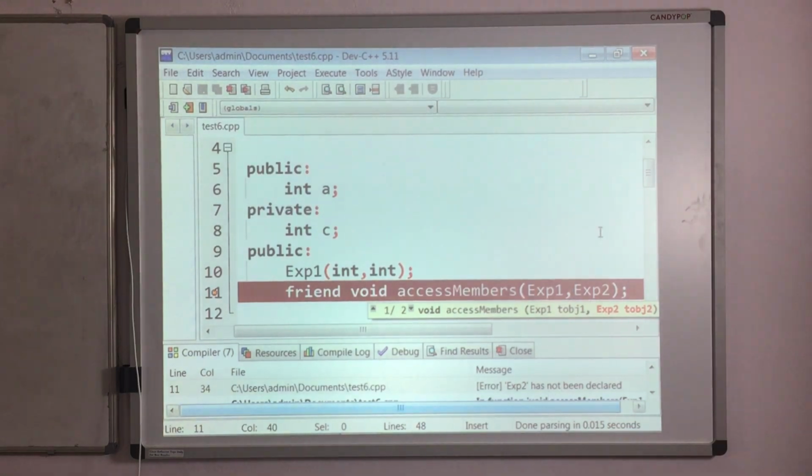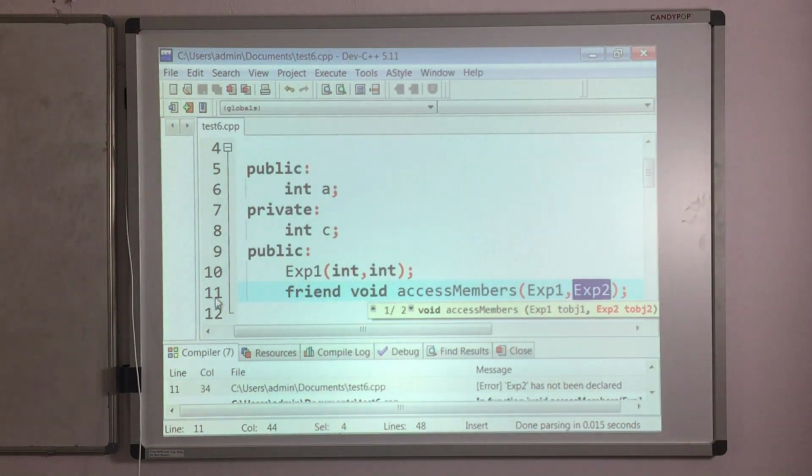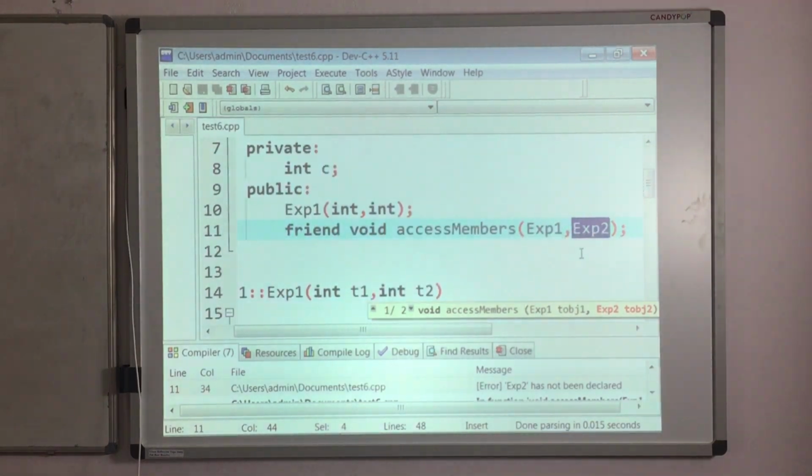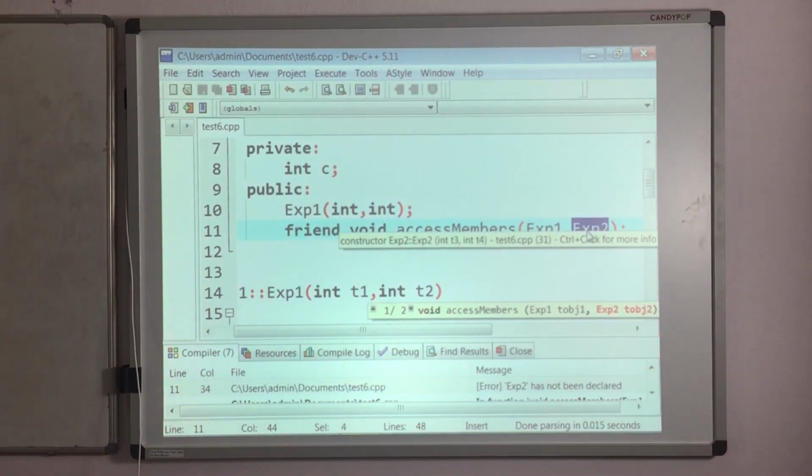We are using this exp2 at line number 11, and prior to the usage of this identifier, we don't have any declaration for exp2. That is the reason why it is showing this exp2 as an error.